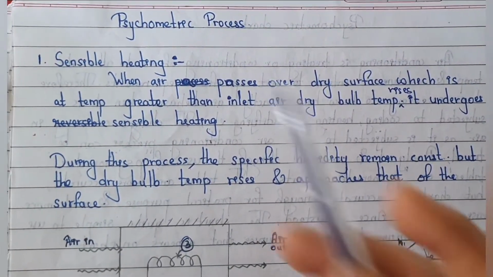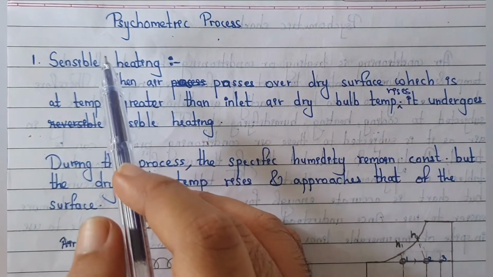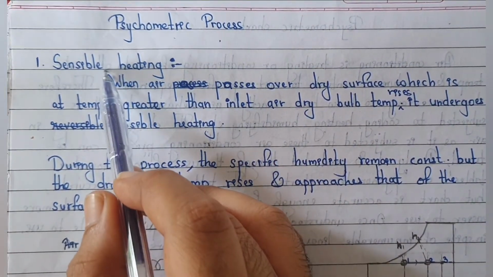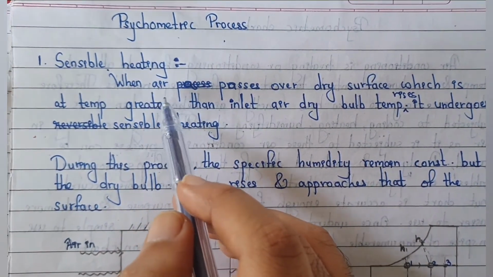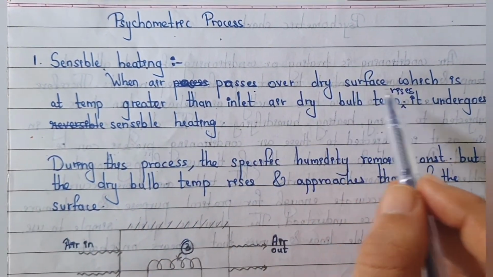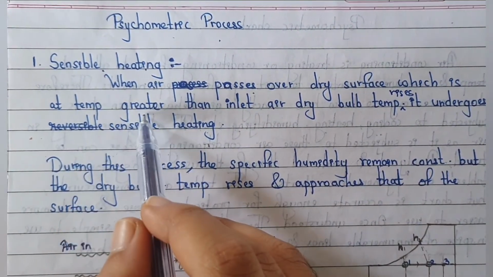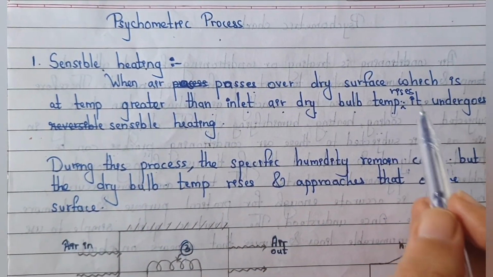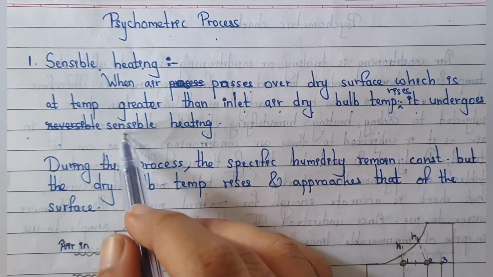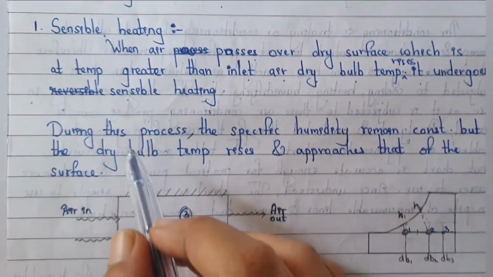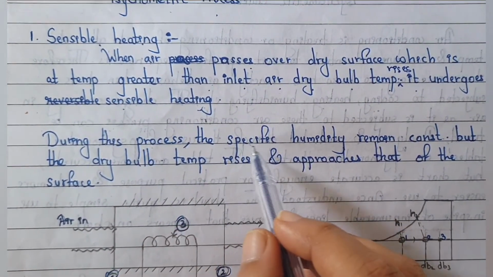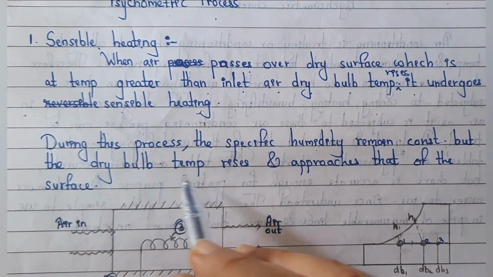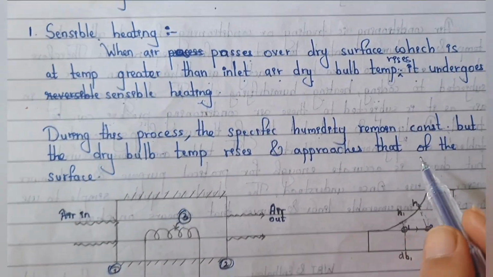Now we are dealing with psychrometric processes. There are in main 4 psychrometric processes. Now we are starting with first, sensible heating. When the air passes over a dry surface which is at a temperature greater than the inlet air's dry bulb temperature, it undergoes sensible heating. During this process, the specific humidity remains constant, but dry bulb temperature rises and approaches that